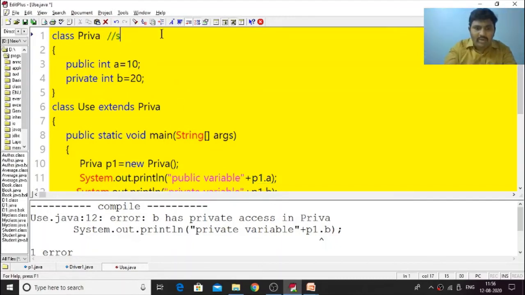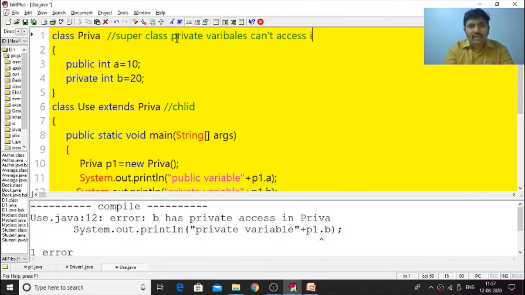Here Private is the superclass and Use is the child class. So the definition is: private variables of a superclass cannot be accessed in the child class.